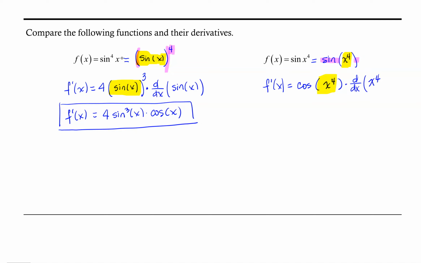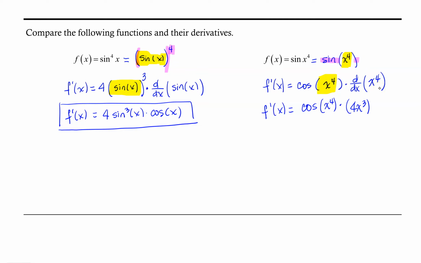And the derivative of that argument would be the derivative of x to the fourth power. So f prime of x is going to be cosine of x to the 4th power times 4x cubed, applying the power rule to this x to the 4th